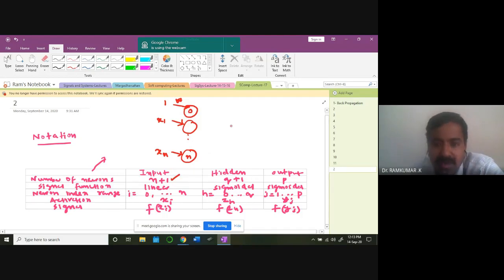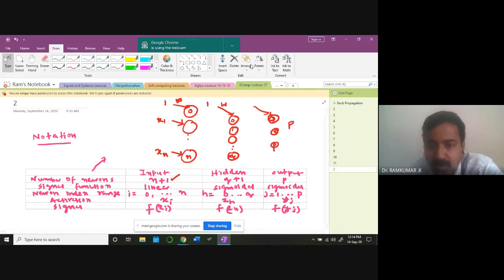Likewise, in the hidden layer I have neurons 0, 1, 2, 3, like that, going on to some level, starting from the bias. But there is a weight here, normally there is a weight. Then we have the output also. So how many hidden neurons do we have? Q, that is 0, 1, 2, like that up to Q, so Q plus 1 hidden neurons. And in the output you have P neurons, j equals 1, 2, 3, like that up to P. There is a bias also, so naturally you should start from 0. The output also has a bias.